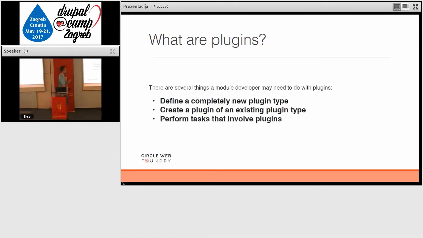There are several things a module developer may need to do with the plugins. First, you can define a completely new plugin type, like a custom plugin type for your own module, for your new functionality that will extend Drupal. Because plugins are actually not the modules, but it is. You build a module that provides your plugin